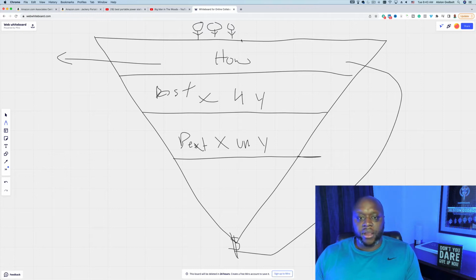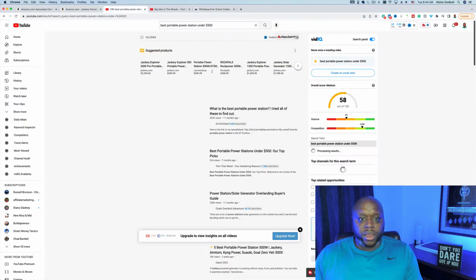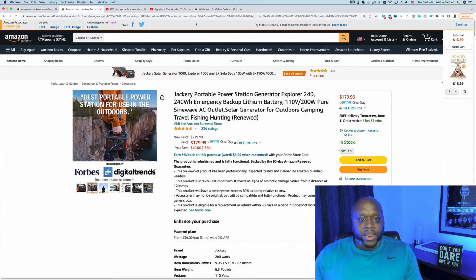So at the very top here, how to type content, how to charge your battery while outside or camping or backpacking. These two can be interchangeable, but I like to separate them out, best X for Y or best X under Y. The next thing that people are potentially asking are review type content. And so we can come back over here and we can do, let's grab our product, the Jackery